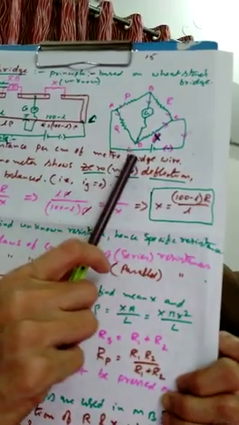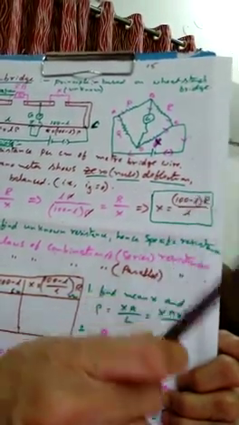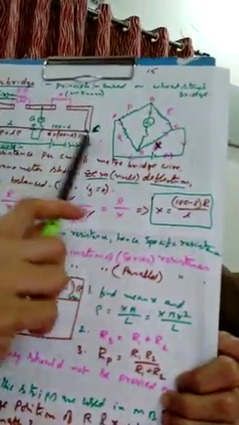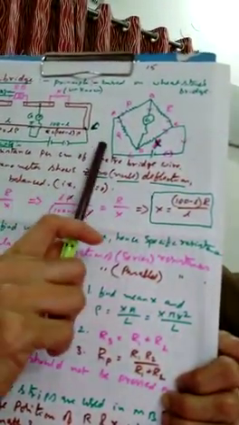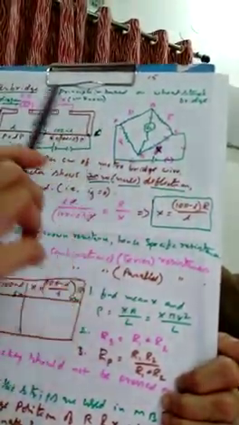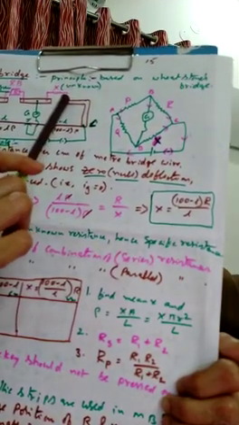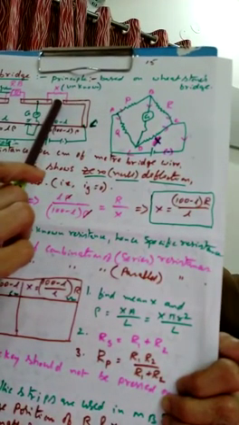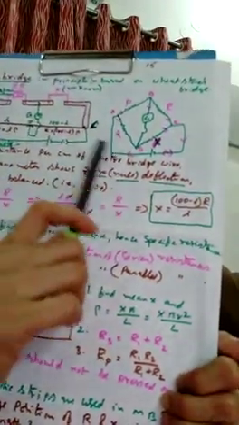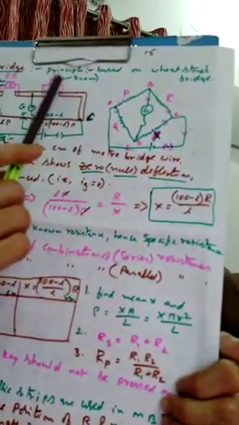Then the specific resistance formula, you know that rho is equal to R into A for area upon capital L. What is capital L? The entire length of the wire, 100 centimeters? Is it so? No, not at all. The length of the wire is whichever wire we are going to measure the unknown resistance of, that length we are supposed to consider. This is 100, we know it. We are measuring the specific resistance of this given wire.